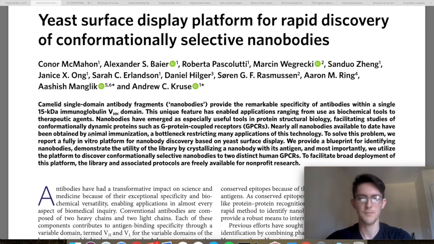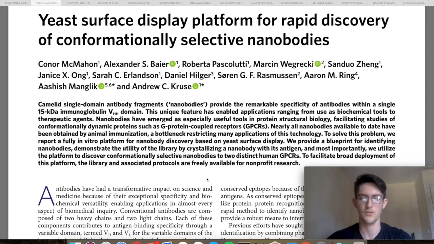So here this paper points out a way of basically they create a massive library of nanobodies, and they use what's called yeast display to screen all of these simultaneously and progressively remove the weak ones from the system until they've just completely enriched with the tight binders for the target in question. And so this has hopefully got broad applications both in structural biology and drug discovery, and maybe in some other